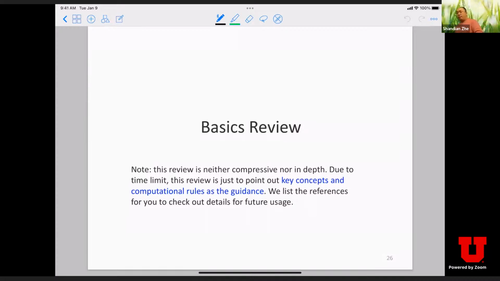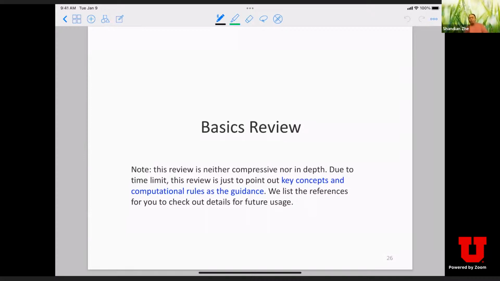So starting from today, we're going to talk about the topics, the things about probabilistic learning. We'll start with some basics review. This is based upon the fact that you're familiar with basic linear algebra, basic calculus, and basic statistics concepts, but we're going to introduce something beyond that. It's not just repeating what you have seen in your calculus 1 or calculus 2.